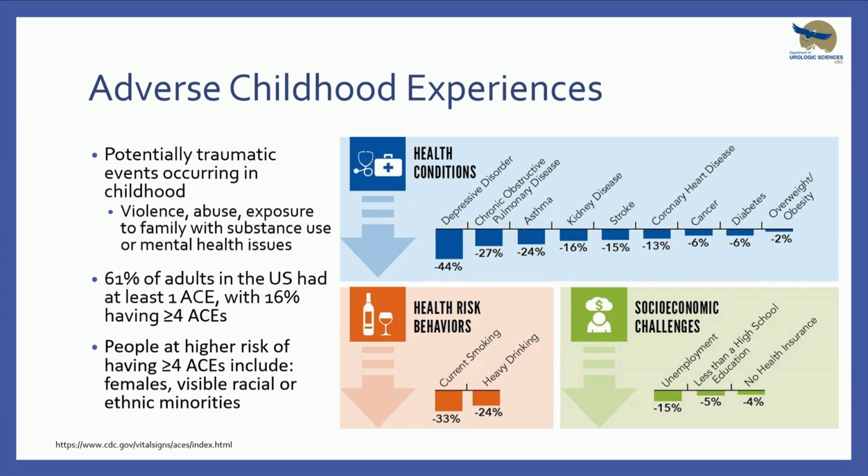61% of adults in the US have at least one ACE, or adverse childhood event, with 16% having 4 or more. And that threshold really puts you at having a high risk of having further sequelae. And people at higher risk of having 4 or more ACEs include females and visible racial or ethnic minorities. And this introduces the concept of intersectionalism, which I will bring up again at the end of this talk,